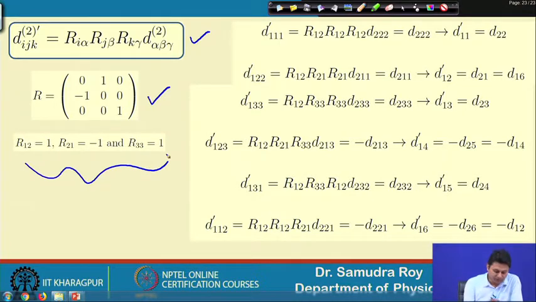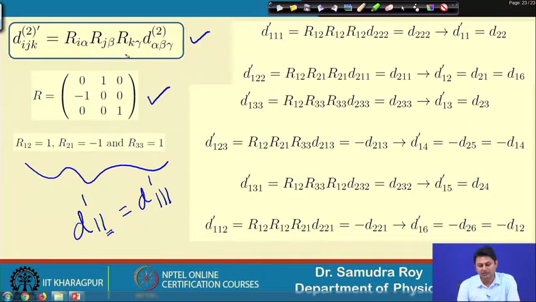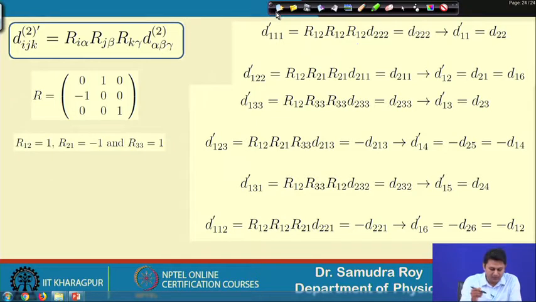Now, first we will try to find out D prime 11, the first element. D prime 11 is nothing but D prime 111, because I need to use the extended form, not the contracted form, since 3 coefficients are there. Once we write D111, I need to write R1 here, R1 here, R1 here. Let me give you the idea how to do that. I need to find 111 prime. This is my rule, and the rule suggests ijk is 111.